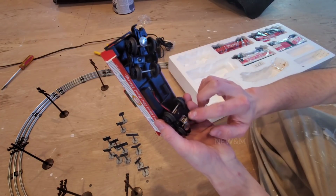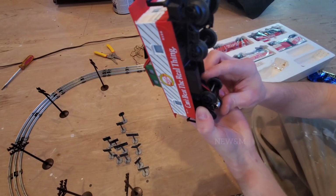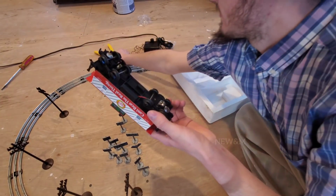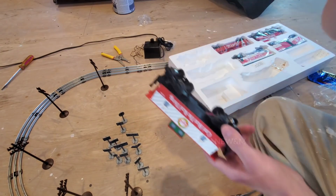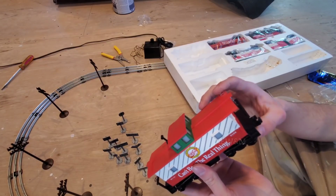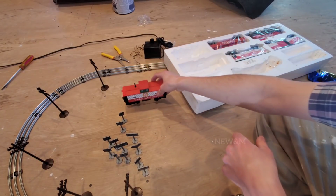Oh no, that might be an electric terminal. I don't believe it is. Yeah, this is electrical here. But I still think that's a magnet, isn't it? No, they're not magnets. I just put it up to a few pieces of metal. I thought maybe those may have been non-metallic. All right, let's